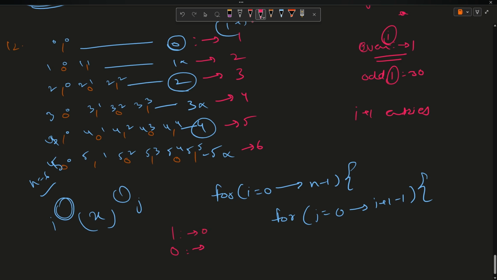Now again 1 1 1, 2 0 2 2, again 3 1, again 4, 3 3, 6, 4 0, 4, 4 2, 6, 4 4, 8. And for zeros, it is 1 plus 0 is 1, 2 plus 1 is 3, 3 plus 0 is 3, 3 plus 2 is 5, and then 4 plus 1 is 5, and then 4 plus 3 is 7,